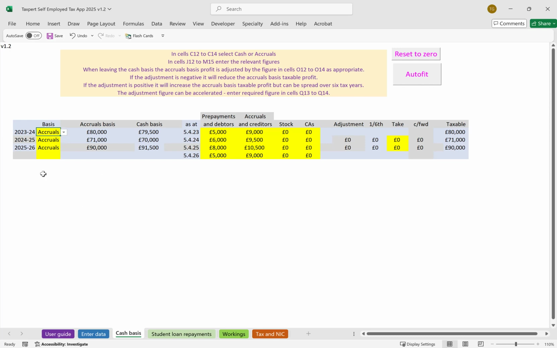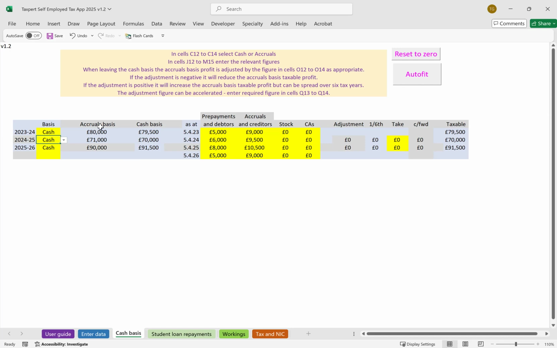And the point is that for 23.4, you could have been on the cash basis if you were within the prescribed thresholds, I think turnover 150,000, whereas now the cash basis for 24.5 and later is the default basis. So let's actually put that in for each of them. And it's only if the taxpayer opts out by ticking the appropriate box on their self-assessment form that the accruals